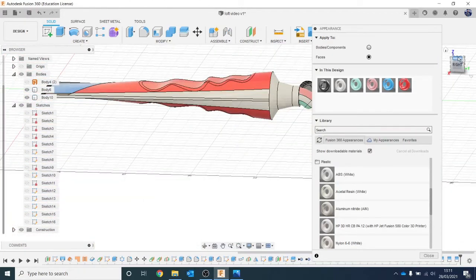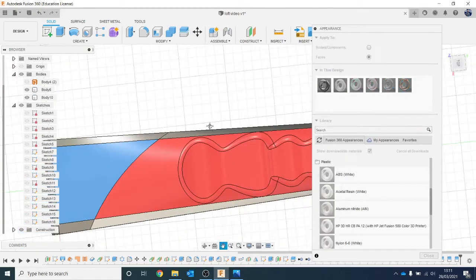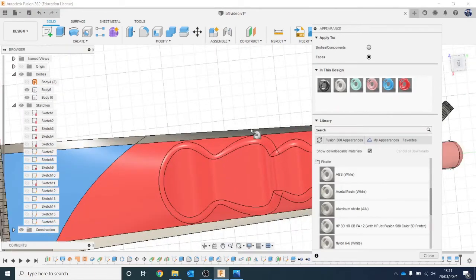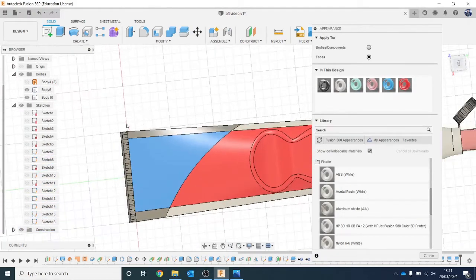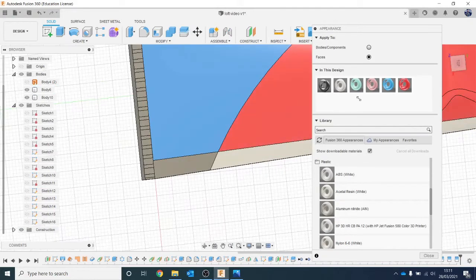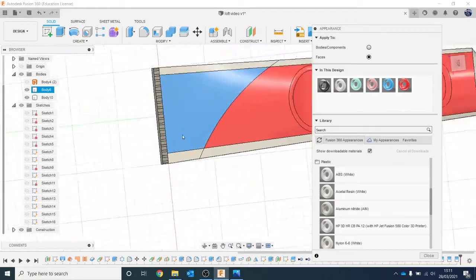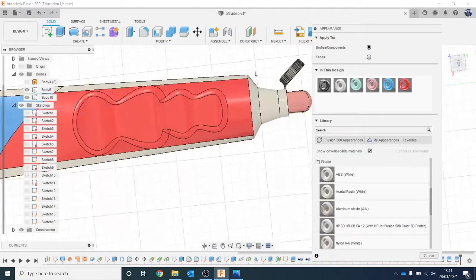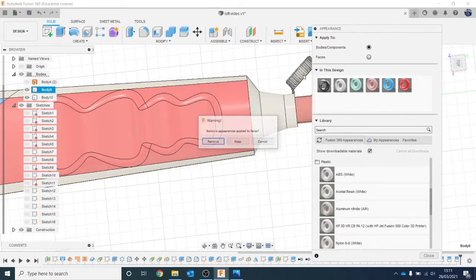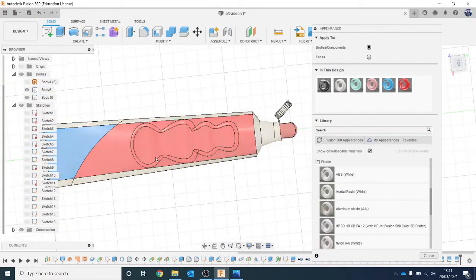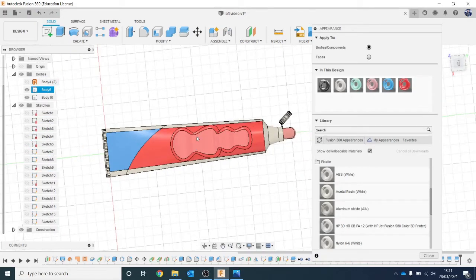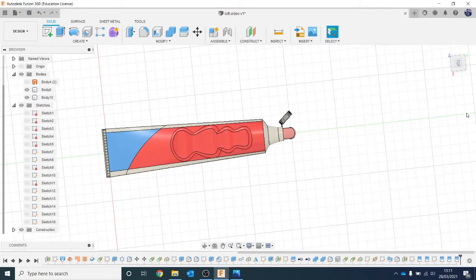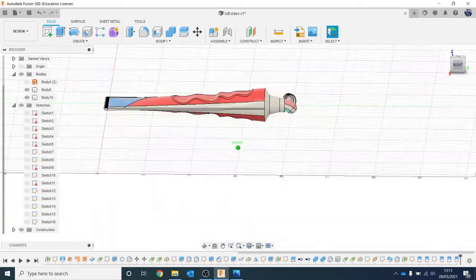So you see that's definitely starting to look a little bit more realistic. We'll look into render in a second just to see how it's looking. Okay, and then let's just go to bodies and just drag that on there and say remove appearances. Now we want to keep them, so it's not going to get rid of. So we could have done that and saved ourselves a bit of time, but it's not a big thing. So let's just come out of there and let's just go to